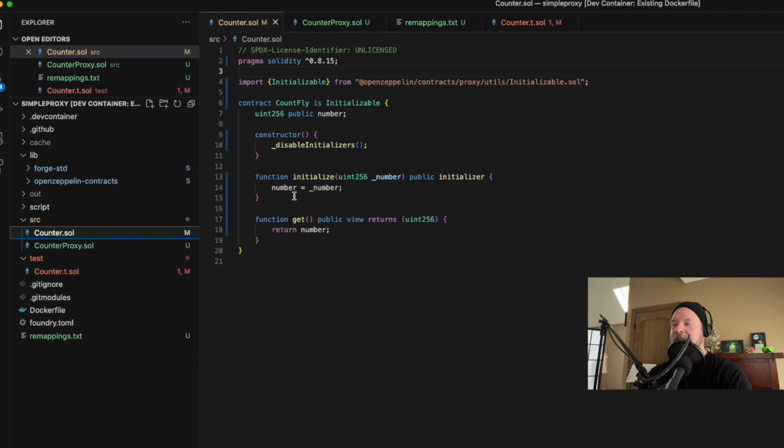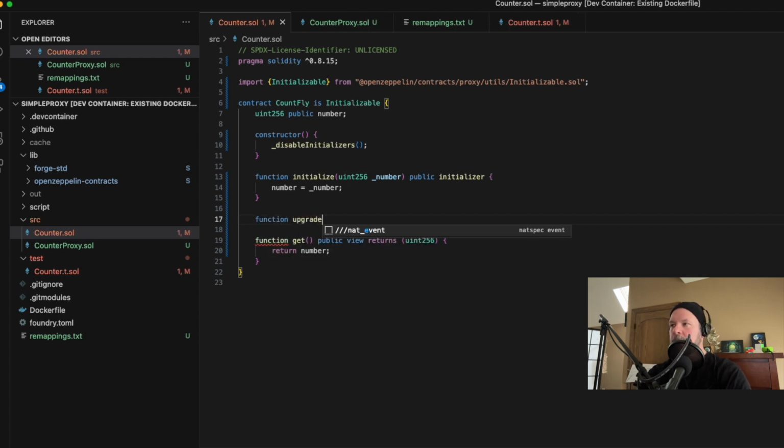And so this initialize, because of this initializer modifier, requires it to be called only once. But if my goal is to upgrade this contract over time, and understanding that in a real world scenario, you're going to have a much more complicated style